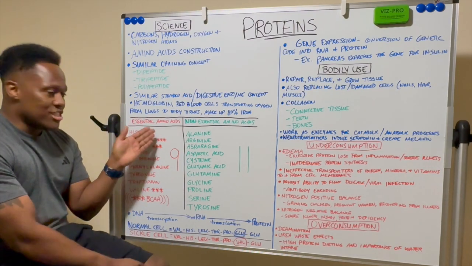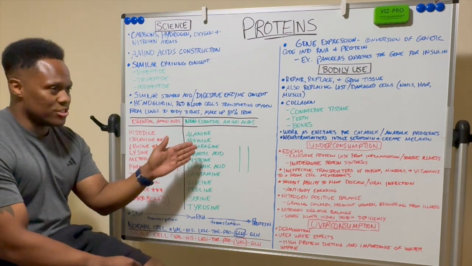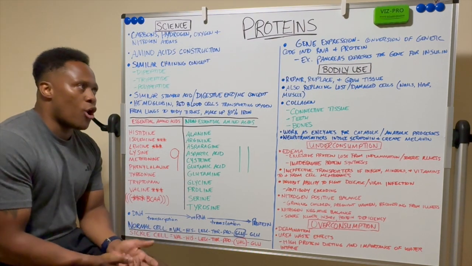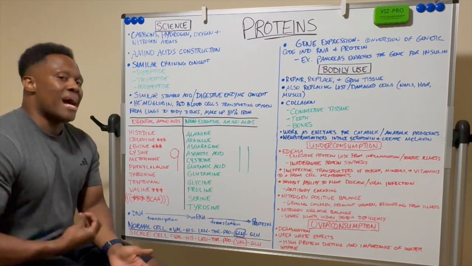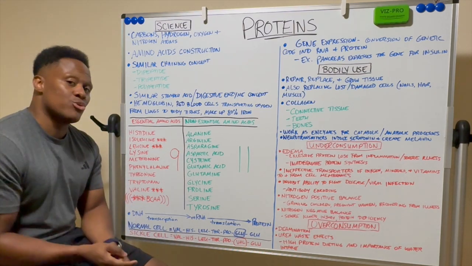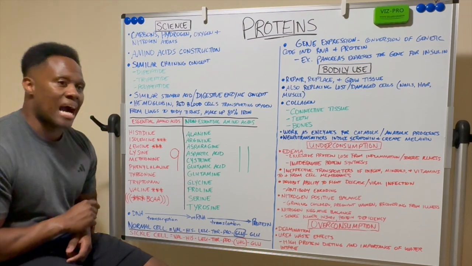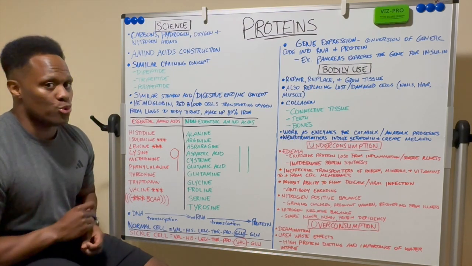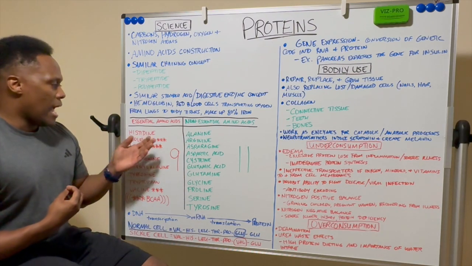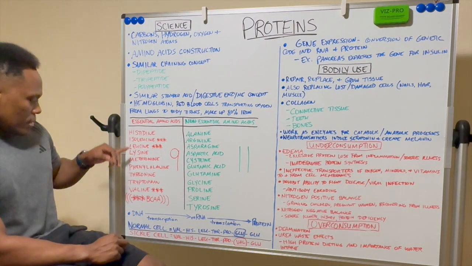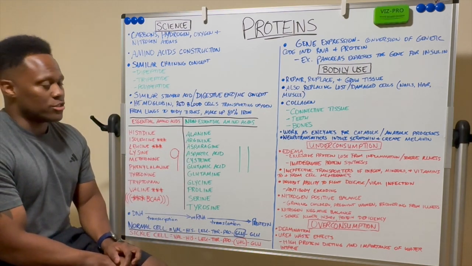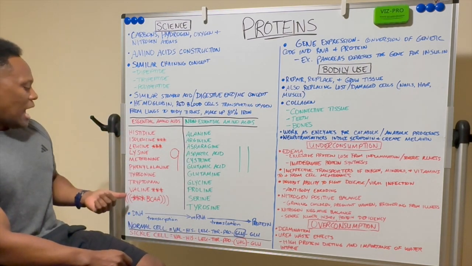Now here's where things get into the nitty gritty. You have essential amino acids, and then you have non-essential amino acids. Before I get into these, non-essential amino acids are amino acids that your body can synthesize on its own. It doesn't need help from food. The essential ones are a little bit different. That's the complete opposite. You have to get those from food. Your body can't synthesize them on its own. With that, we have 9 essential amino acids followed by 11 non-essential. So here's all the essential.